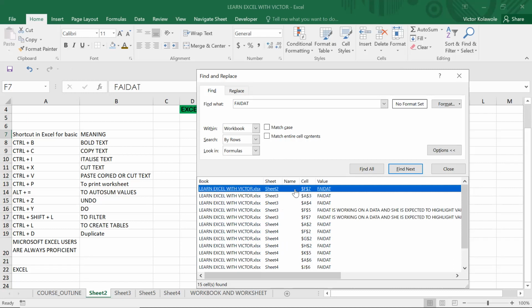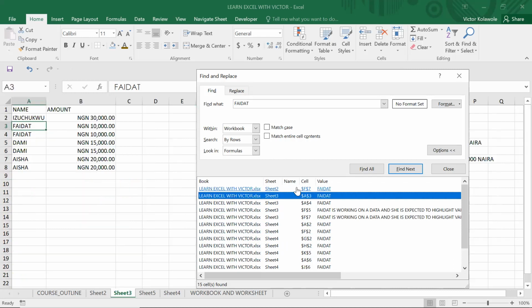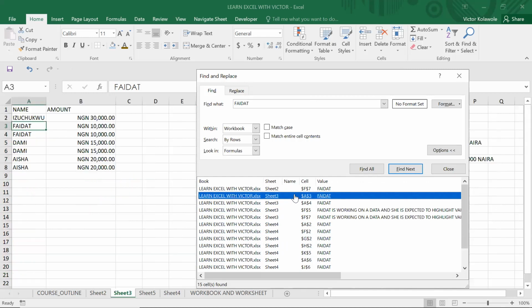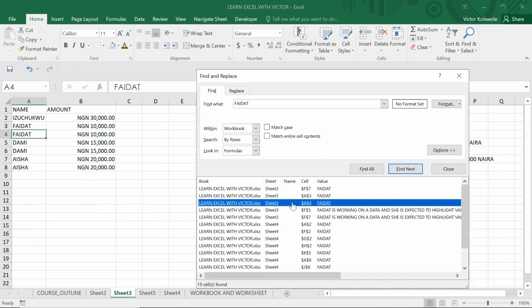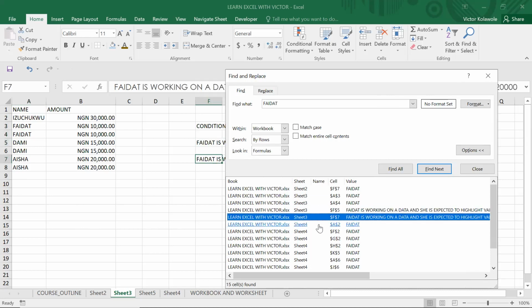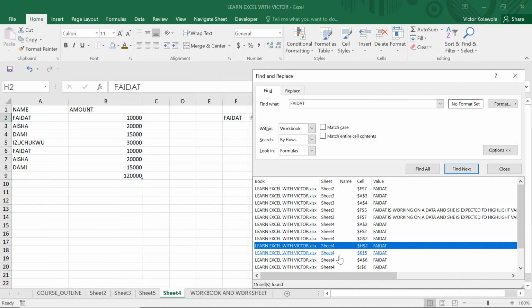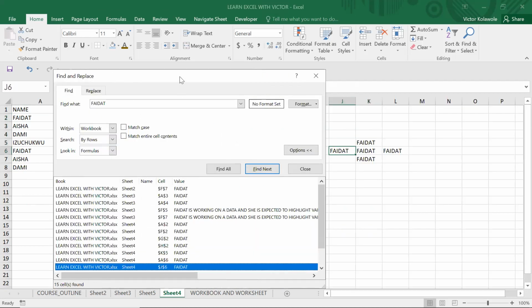So let me click. Because I'm currently on sheet 2, FIDAT's name is here. If I click on sheet 3, it will take me to where FIDAT is. You can see. Can we all see? So that's how